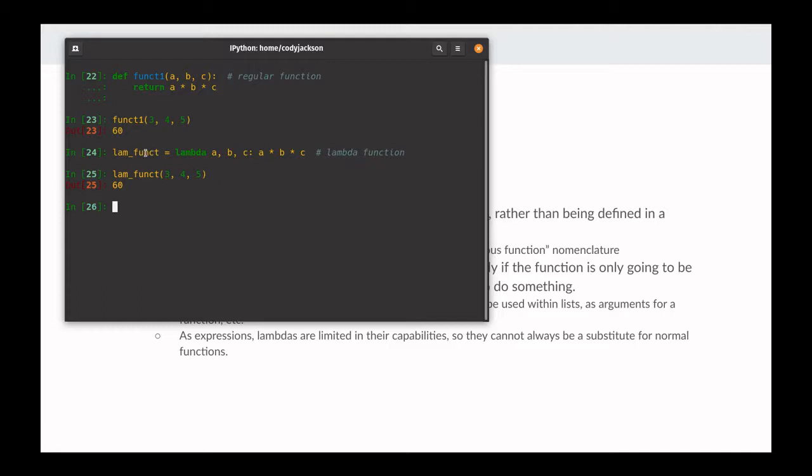We define a lambda function as being equal to a variable name. We call the keyword lambda, which says that we are creating a lambda function, an anonymous function. Our arguments are provided immediately after the lambda, and then we say the return value is going to be whatever is on the other side of the colon. And then we call it the same way we call a regular function, and it works exactly the same way,